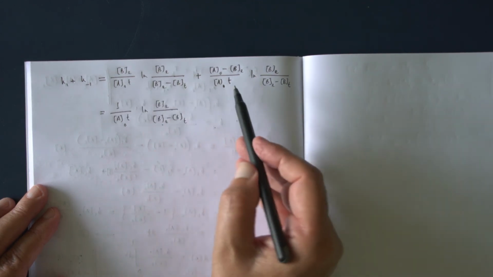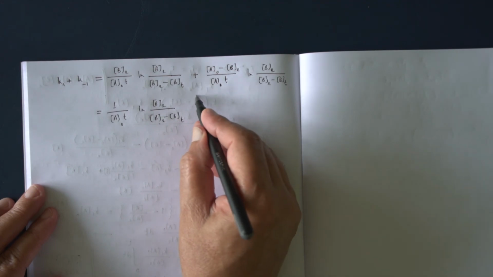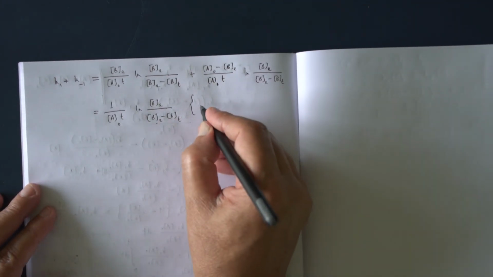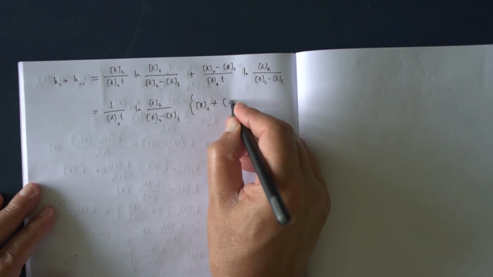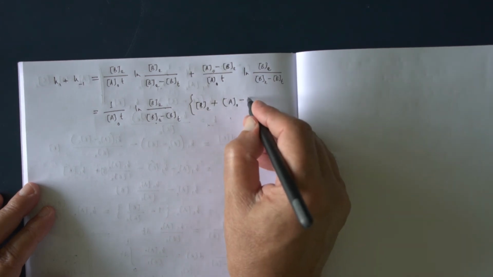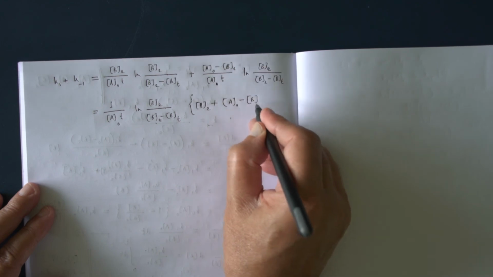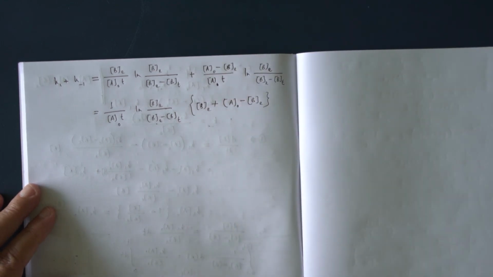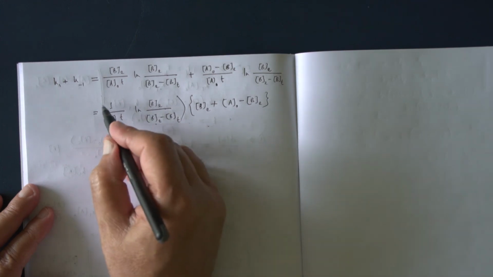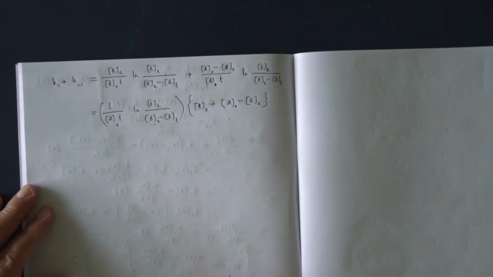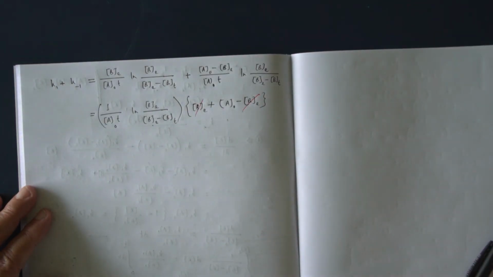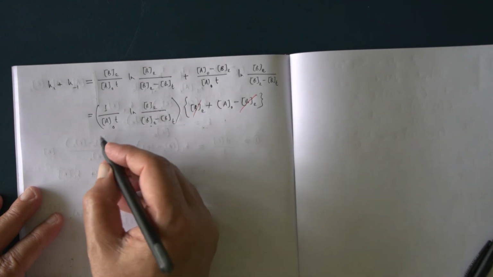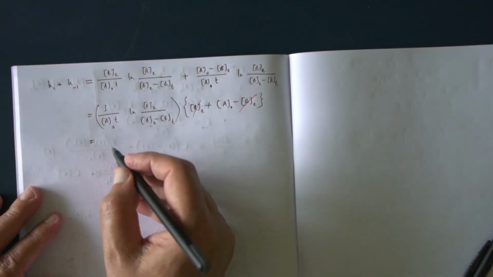So a naught t, this I can take common, then we will have here be plus a naught minus be. Now be cancels, so we will have a naught,